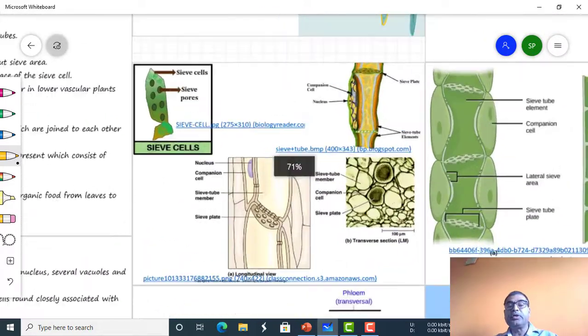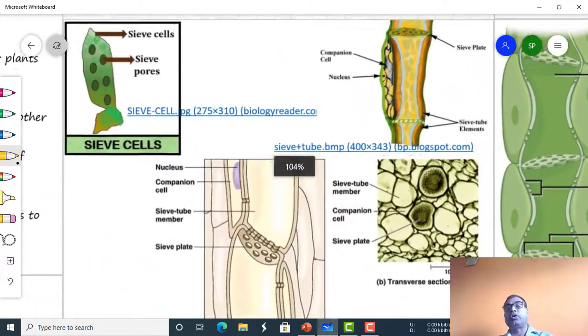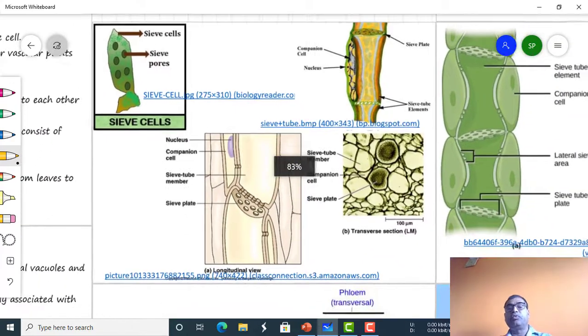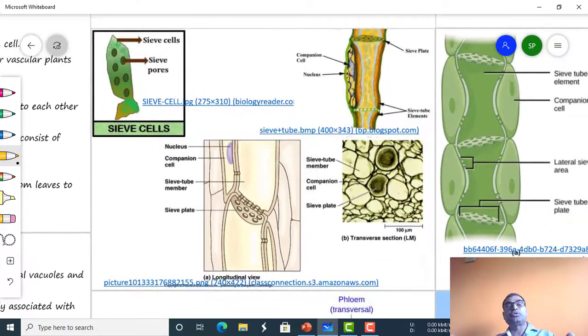These are the figures showing the phloem elements. Within a phloem, one can observe the sieve tubes or sieve elements, companion cell, phloem parenchyma, phloem fibers. Sieve elements are of two kinds. One is a sieve cell which is observed in primitive kinds of plants, usually in gymnospermic plants, and sieve tubes are usually present in angiospermic plants.